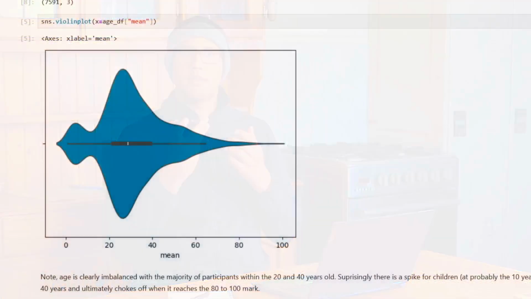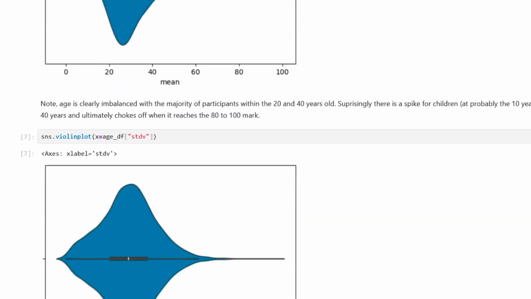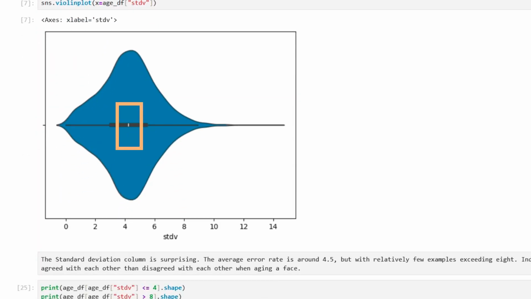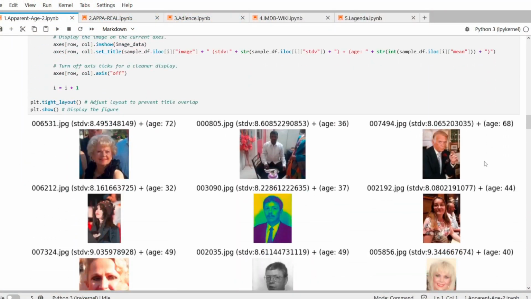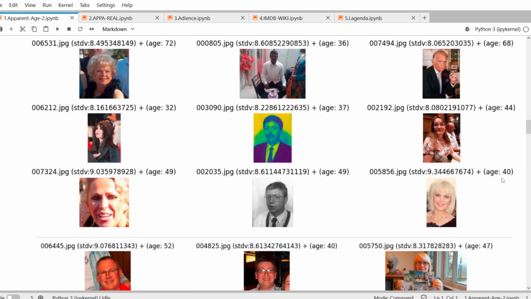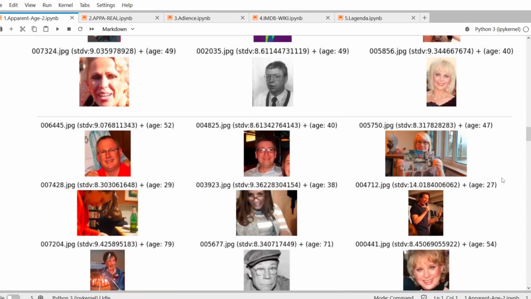Both these datasets also have similar distributions in terms of age and standard deviation, with a mean standard deviation of 4.5, indicating that there was little variance in the ages annotators were associating with these images. There were outliers exceeding 14, which is very high. So I decided to look into some of the data with high variance, so variance between 8 and 10. I couldn't find any issues with the subset of data that I had looked at. The ages seemed to be around what I would expect.